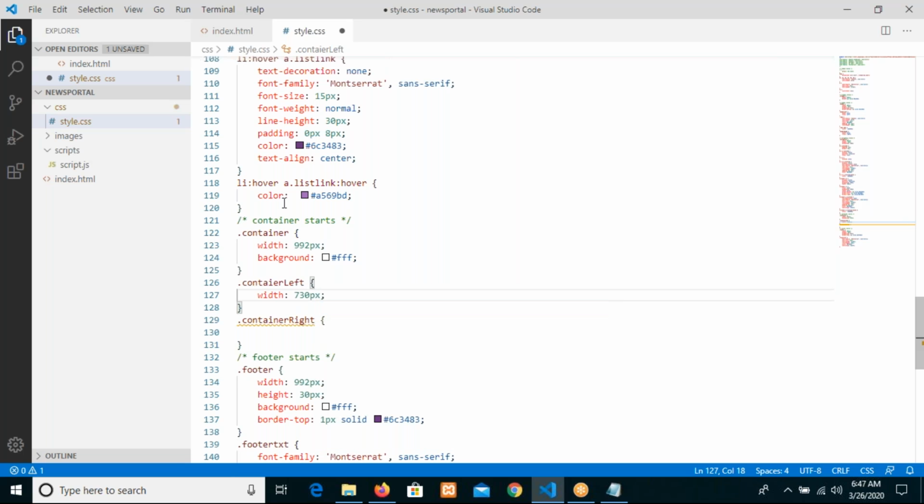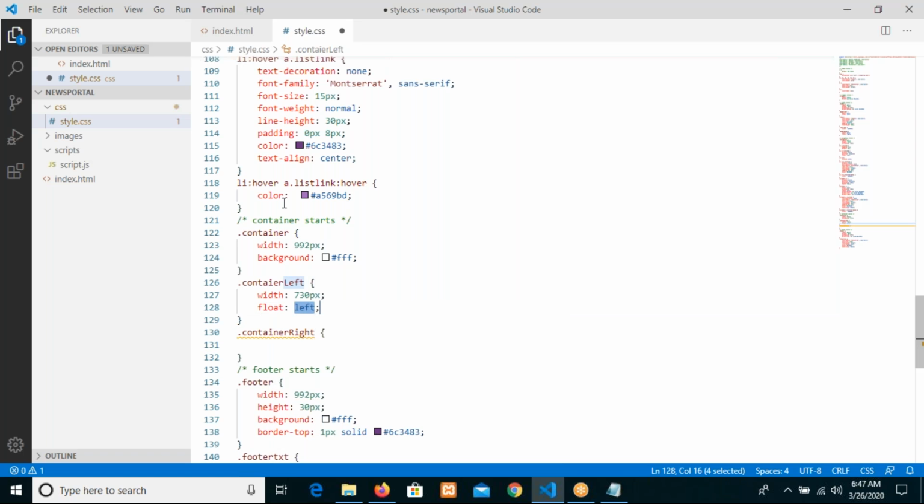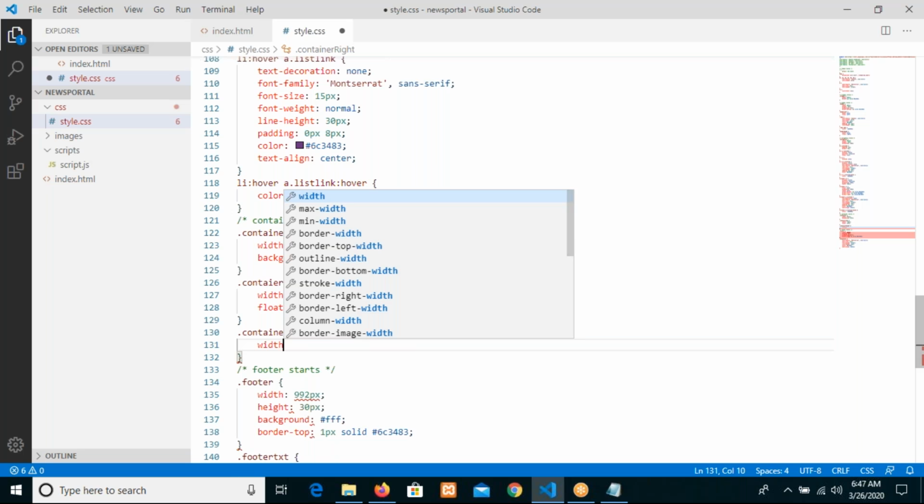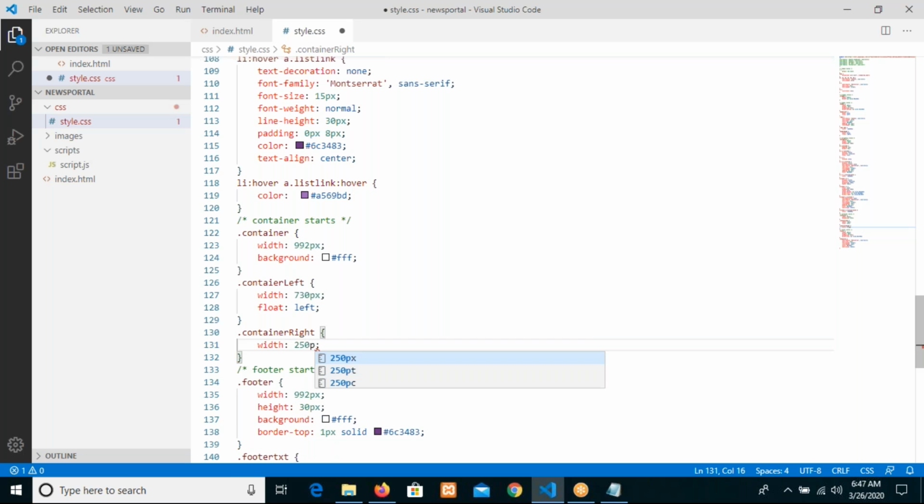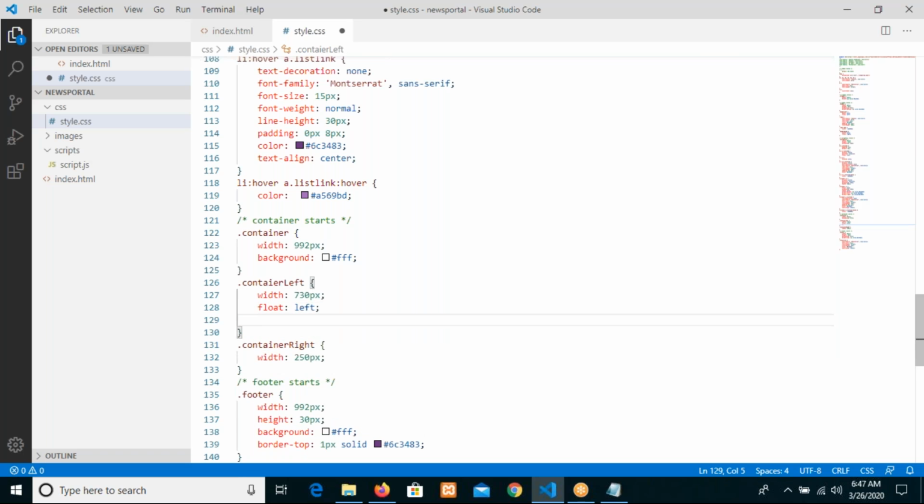width 730 pixels and that should be the left hand side. If we go with 730 pixels, for example, then 200, we can make it something, width 250. It will be 980 right now. And then float right when it is